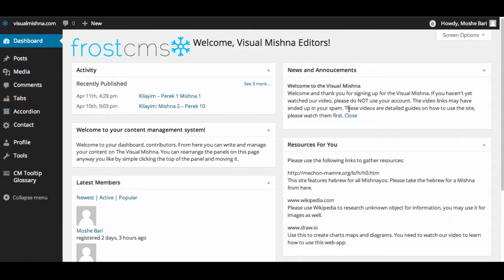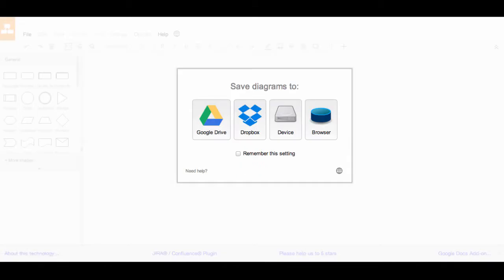Now, let's go ahead and I'm going to show you our diagram making tool. This is the resource you're going to be using to create charts, maps, and diagrams. Because one of the points of the Visual Mishnah, aside from images, is to provide visual representations of information. And we're going to show you a resource that allows you to do just that. It's already been provided right here. So just go ahead and copy the link, go to that web address,